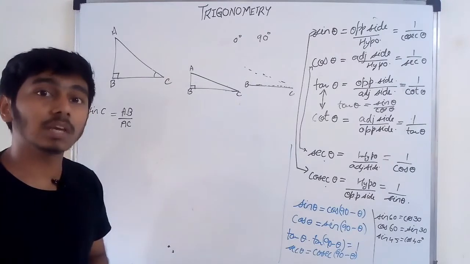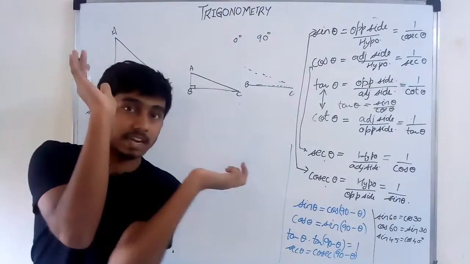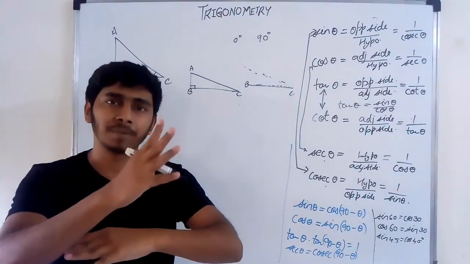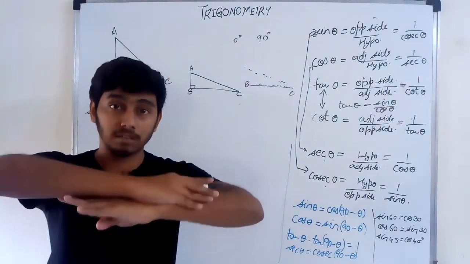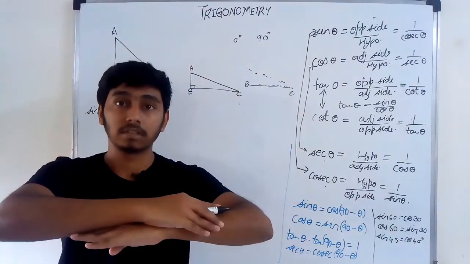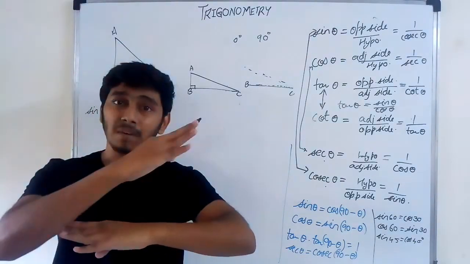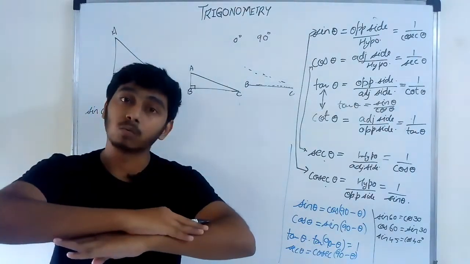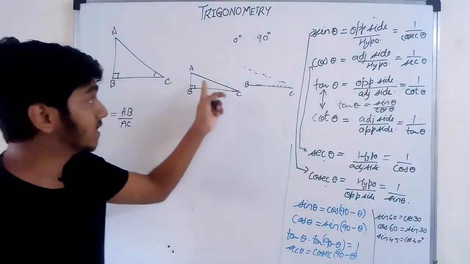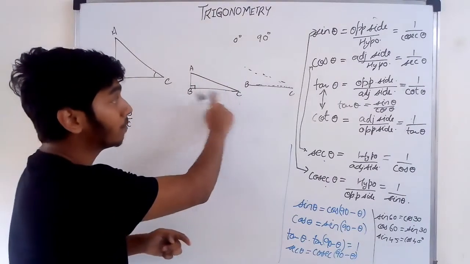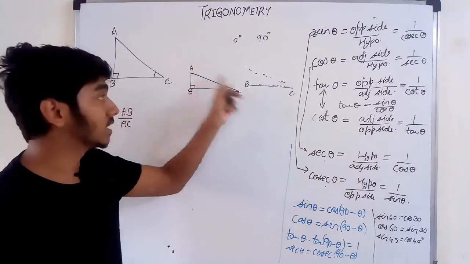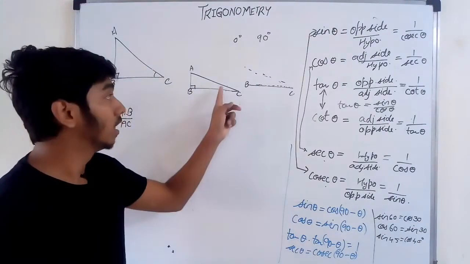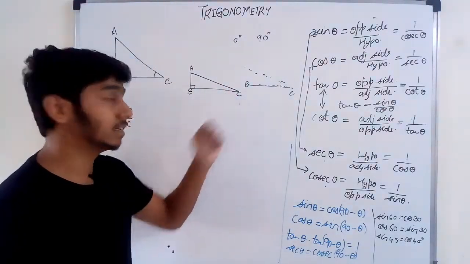By 0 degree, what do you mean? If this is 90 degree, this is 45, this is 30, for example, then 0 degree means fully gone down, yes or no? This is 90, some other angle 45, it can be 30, any angle, but 0 degree is what? Fully down, yes or no? That means this line has to come fully on BC. This AC should fully fall on BC. That's when this angle C will be 0.